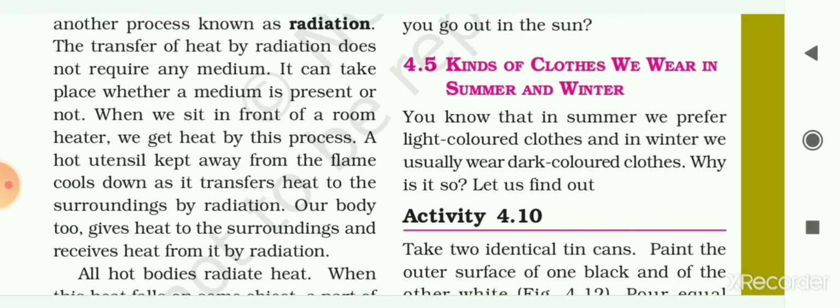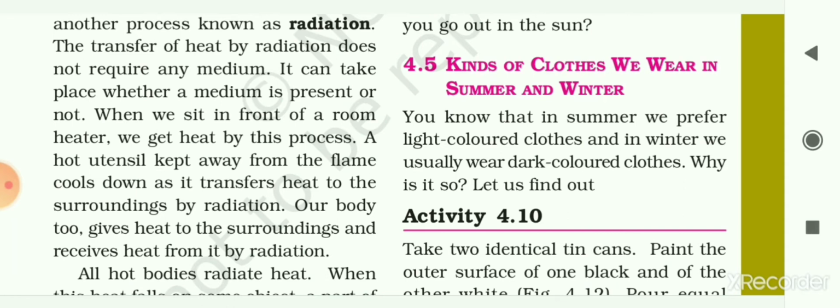Then we had seen that the process of transfer of heat from the hot end of a solid object towards the cold end is known as the conduction of heat. This heat transfer takes place through three processes, that is conduction, convection and radiation. The process of transfer of heat from the hot end of a solid object towards the cold end is known as conduction. And solid substances like metals become hot due to the process of conduction.